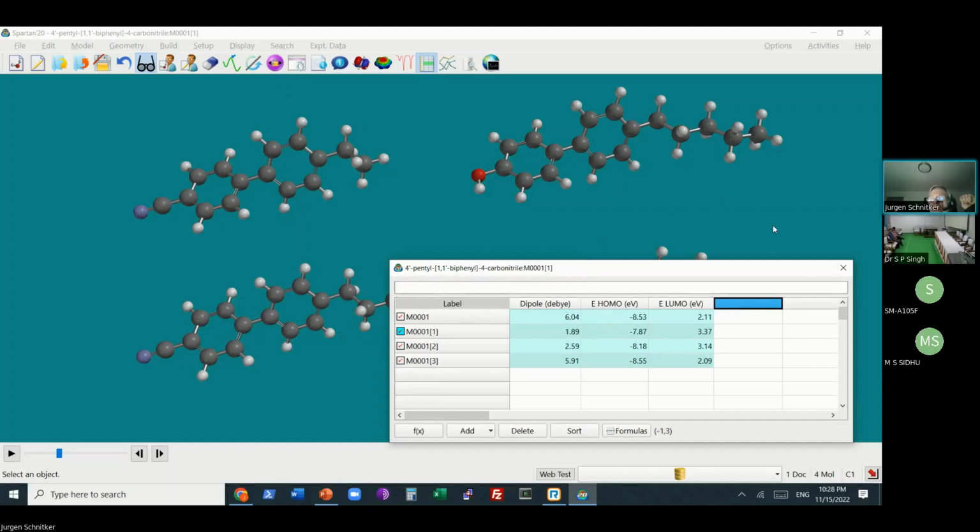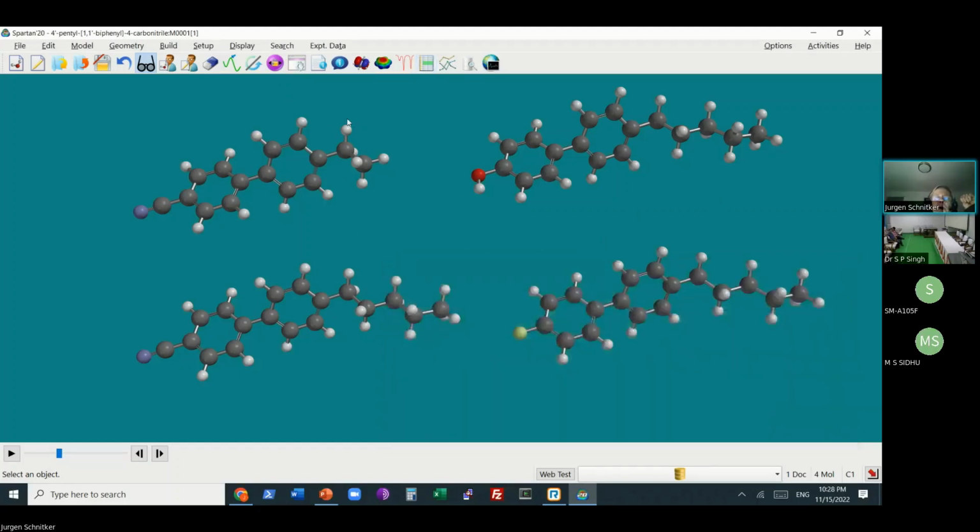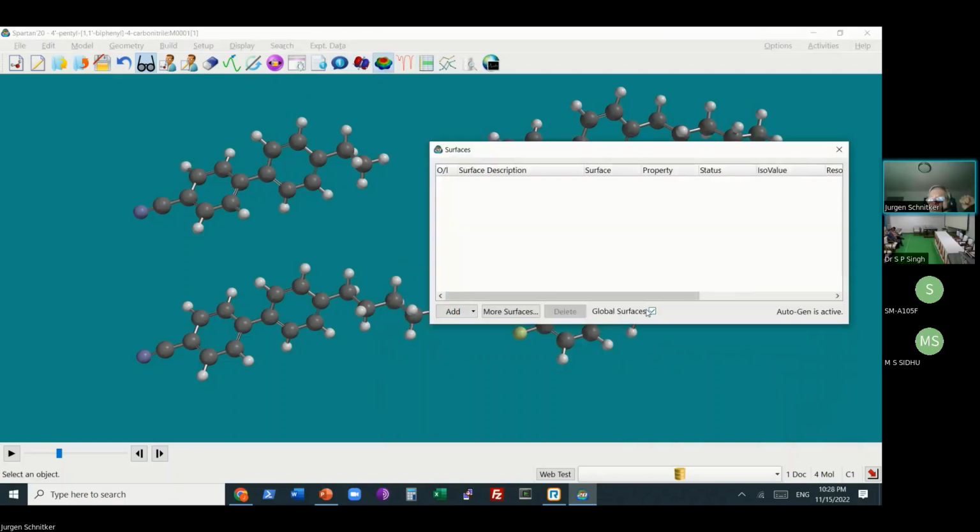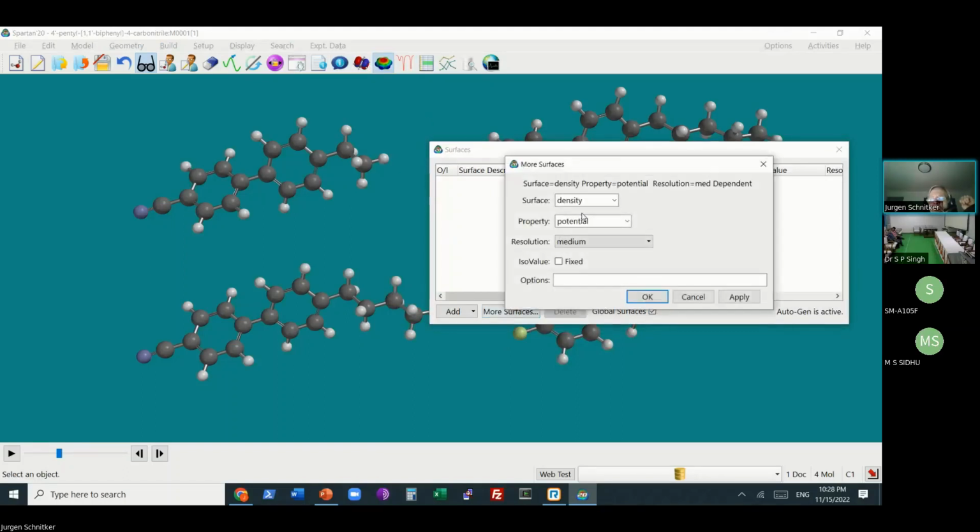For the wave function, the graphical models, again all I need is the global surfaces check mark. You can choose the resolution of these surfaces. Either low, or if you go up to ultra, very beautiful pictures, but it will run a long time.